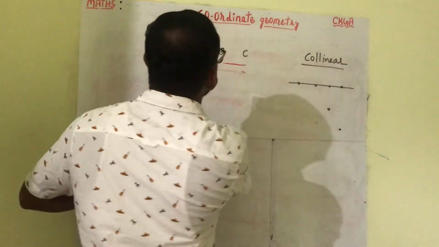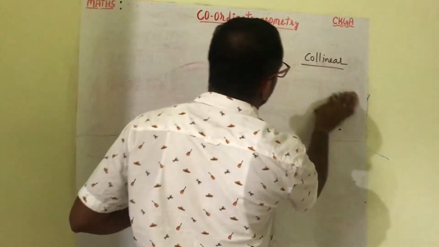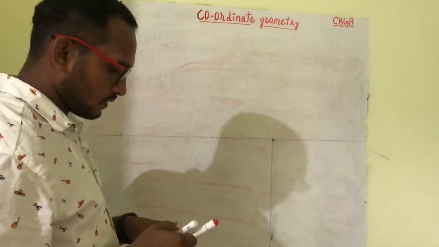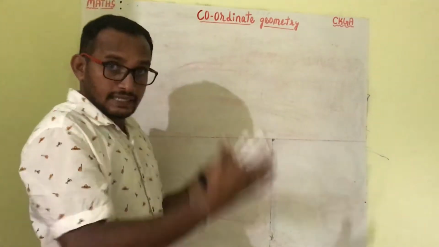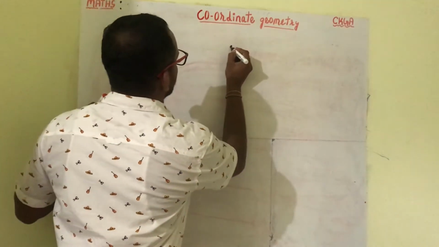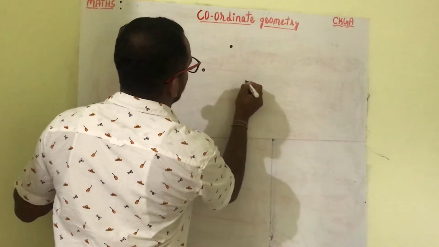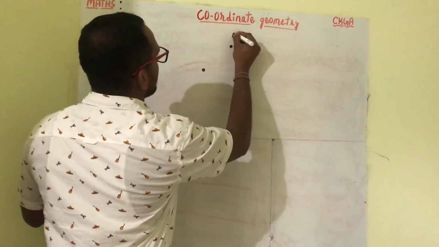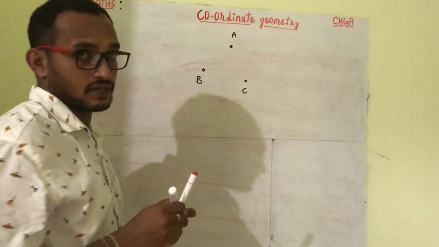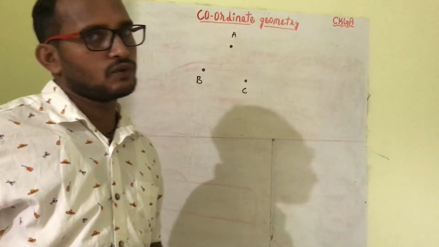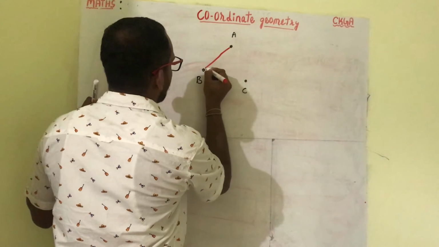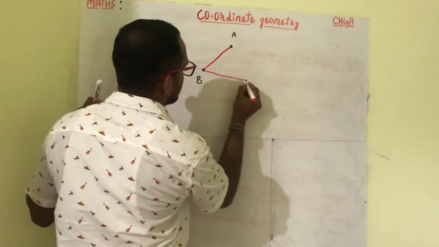So the second concept. Suppose three points have been taken, instead of two points. Earlier you had taken collinear points, so now I'll take non-collinear points. Three different non-collinear points that we name A, B, C. You can say E, B, C. So if I join them, what are you going to get? Hope you all get it. So you'll get a triangle.